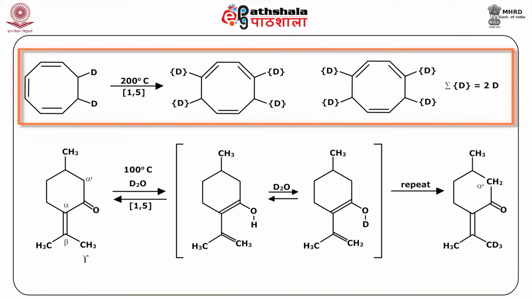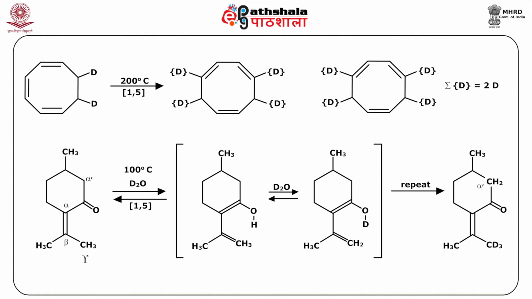The reactant in the first equation is a deuterium labeled 1,3,5-cyclooctatriene. On heating, this compound equilibrates with the 1,3,6-triene isomer and the two deuterium atoms are scrambled among the 4 locations noted. If 1,3 or 1,7 hydrogen shifts were taking place, the deuterium atoms would be distributed equally among all 8 carbon atoms. On prolonged heating or at higher temperatures, these